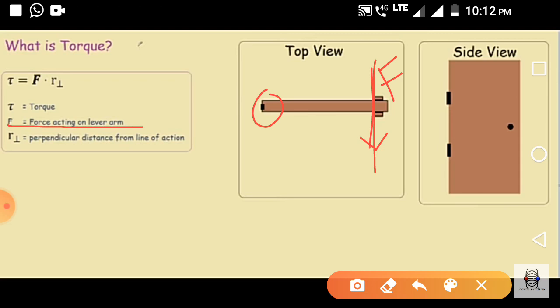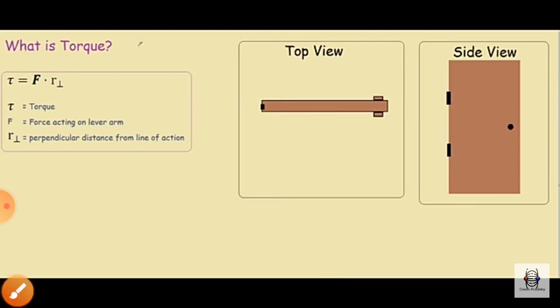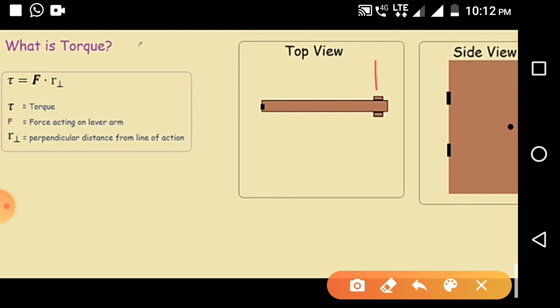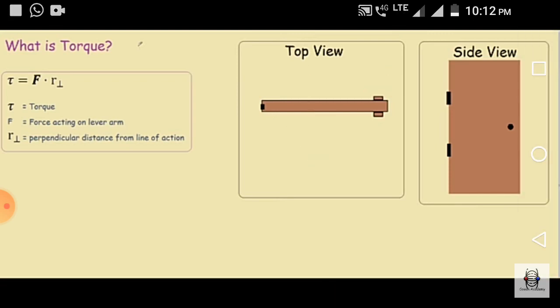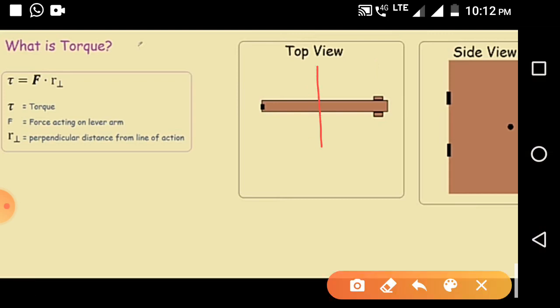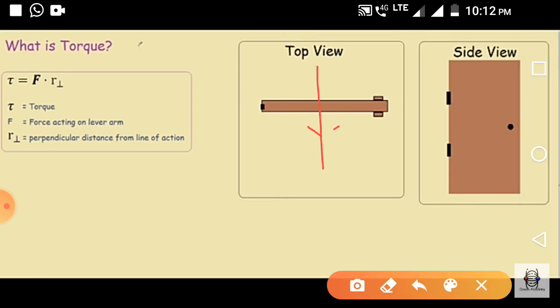Now one more thing is there. Suppose that a force is applied but not here, the force is applied at this point. Okay, see this once again, force is applied here like this. Now the turning effect will be lesser as compared to the situation when force is applied here. So whenever we come closer to the pivot point and the force is applied near the pivot, then the turning effect will be less.